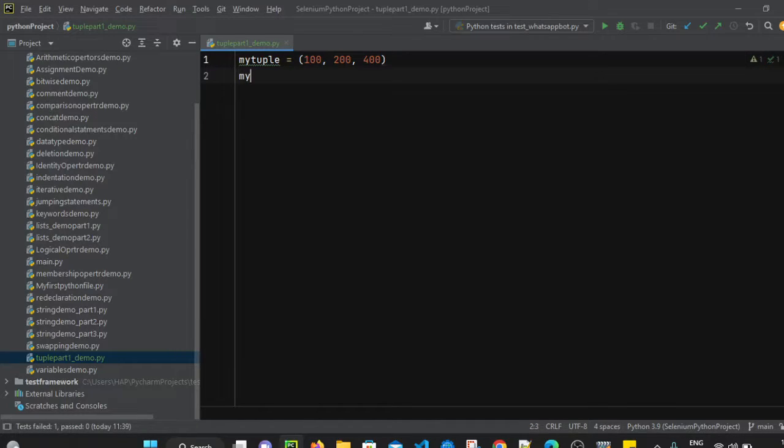Let's define one more tuple, my tuple 2 equals round brackets, and then we will add some string values in it. So my tuple is containing numeric values, my tuple 2 is containing string values. Let's define one more tuple, my tuple 3, which can hold a combination of numeric as well as string.